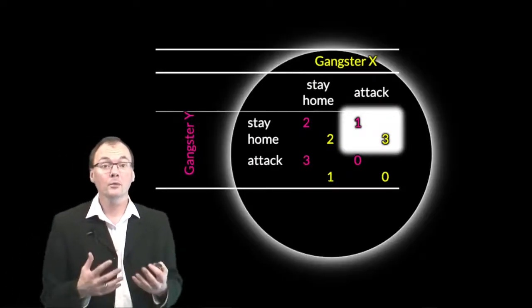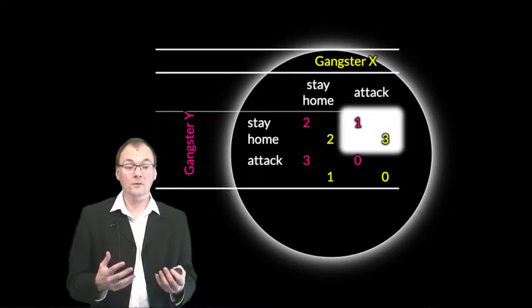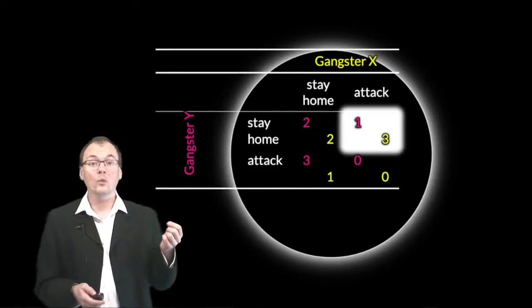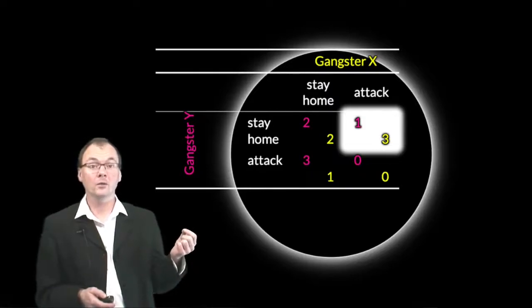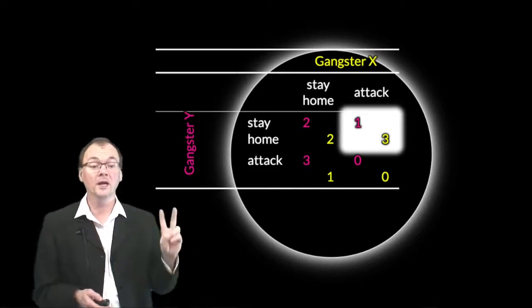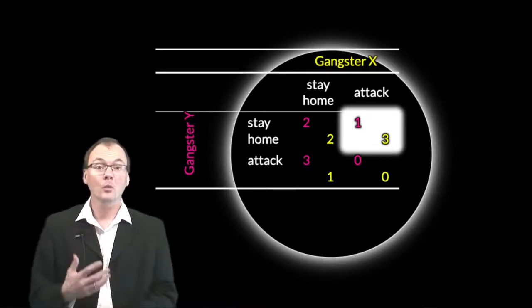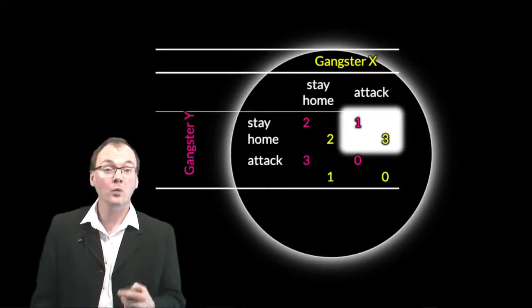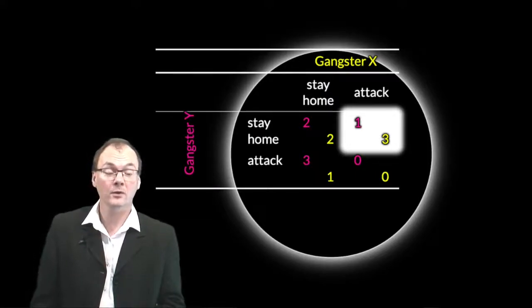If you do think you've got it, here's a very simple test to check you understand it. Pause the video, take 90 seconds, and answer the question: where is another Nash equilibrium in this game? For in this game, there's not one, but two. Sometimes there's just one, sometimes there are none, sometimes there are many. In this case, I'm telling you there are two. Where is the other Nash equilibrium, and why is that the other Nash equilibrium? Pause the video, take 90 seconds, go.